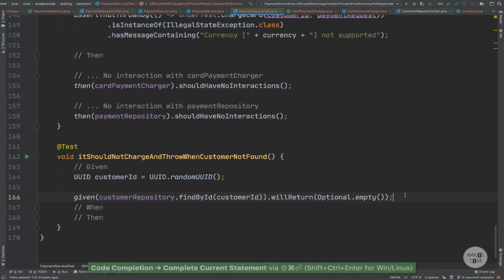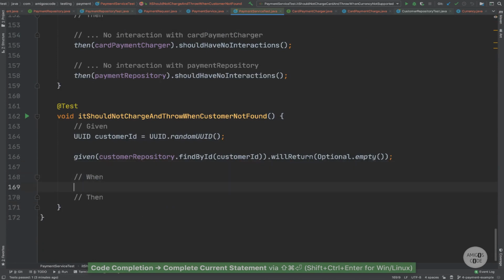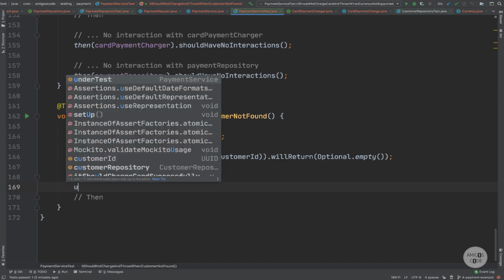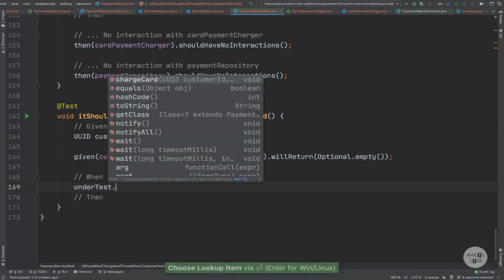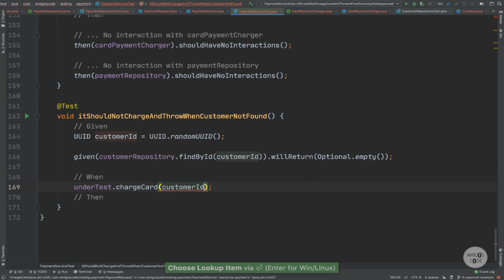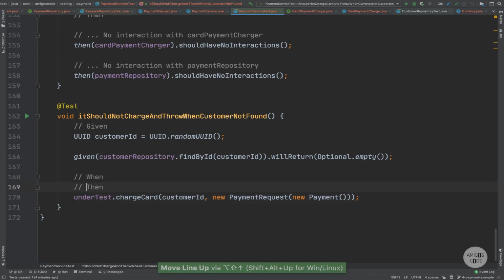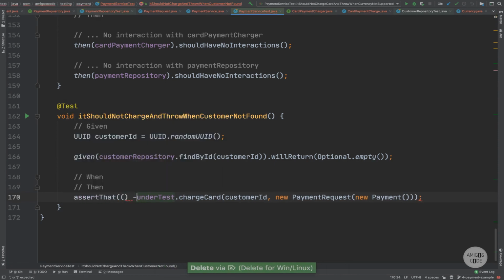So when this is the case, right? So what we're going to do is the following. So when, oh, actually not when. So underTest.charge(customerId), and then here we simply say new PaymentRequest, right? So here simply say new Payment, and don't even bother adding the rest of the information because this will throw. So when this happens, we're going to say when and then assertThat, and within it a lambda,